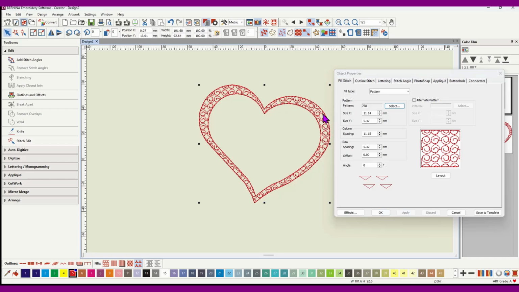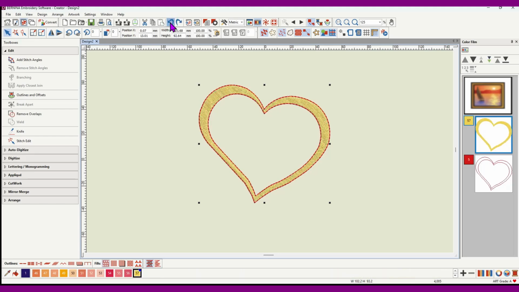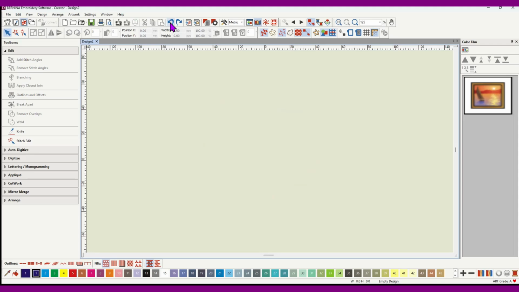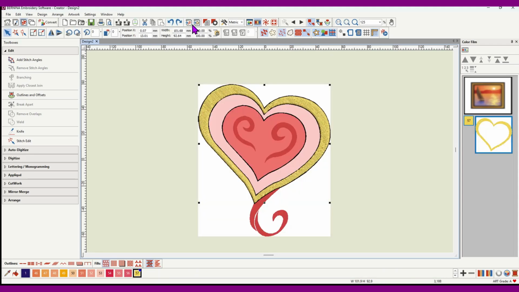Now if I wanted something a bit bigger in my pattern, then the width of this heart is not really big enough to accommodate the larger patterns, as you saw. So there is a way around this. So if I undo all of that, back to the image, redo, show the image, undo that one,